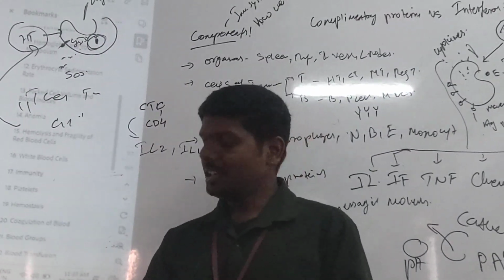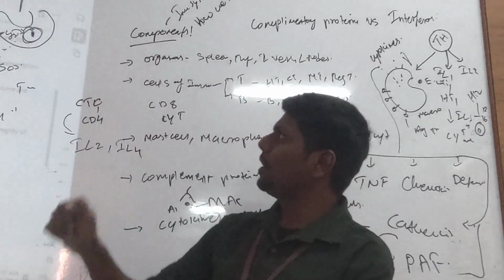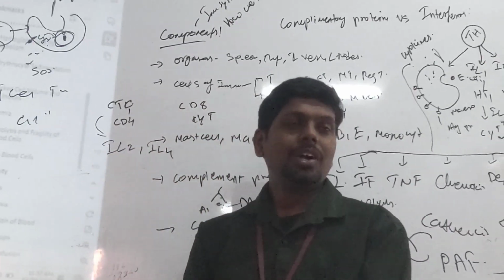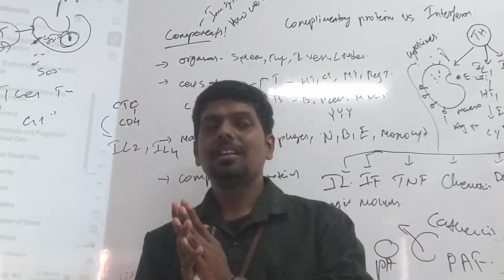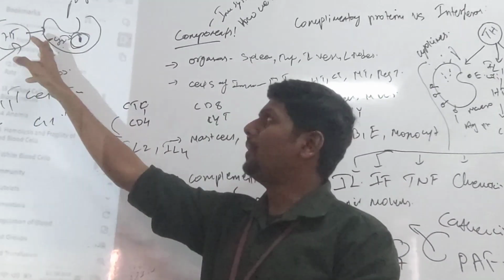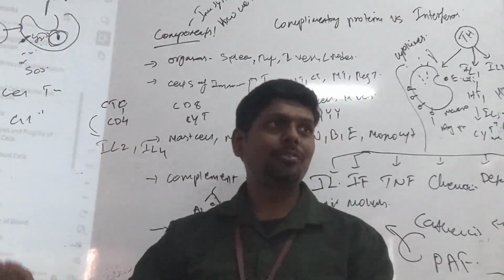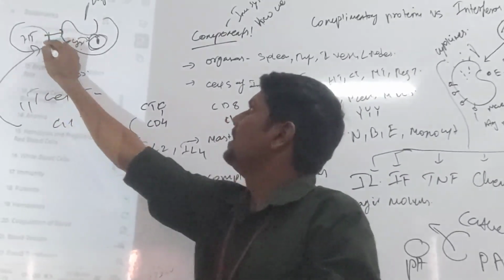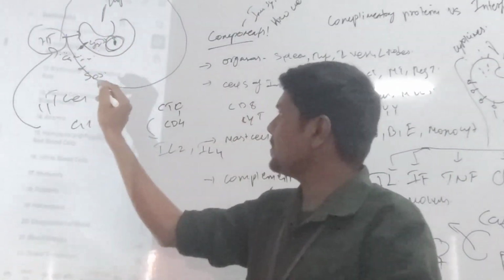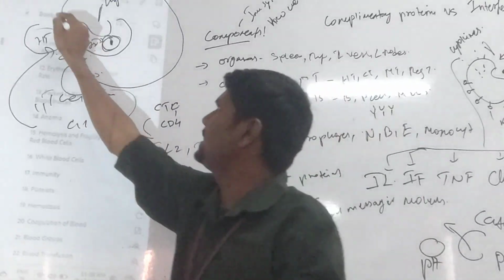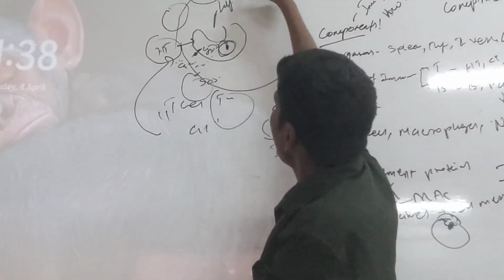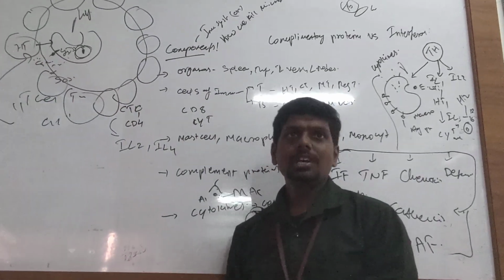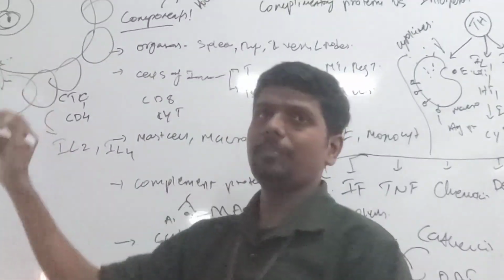Got it? It cannot understand what's going on inside the body of the macrophage, but it understood the macrophage has some problem. Now they will do one interesting thing. They will say goodbye to this macrophage. They will start pumping calcium ions near this macrophage. So all the T cells will surround the macrophage, and they will start pumping out calcium.